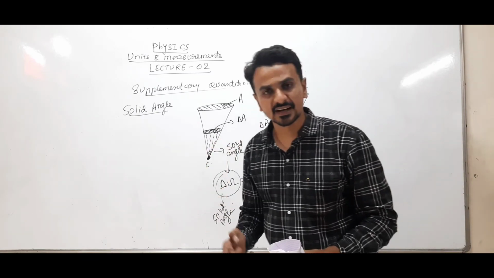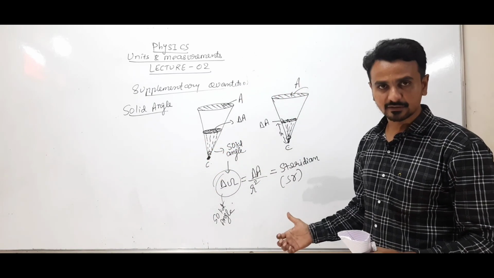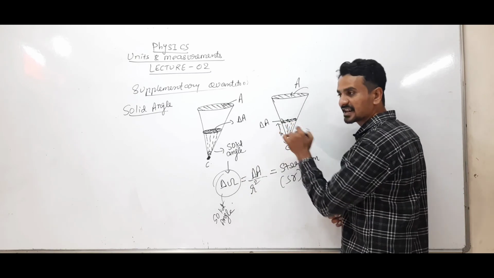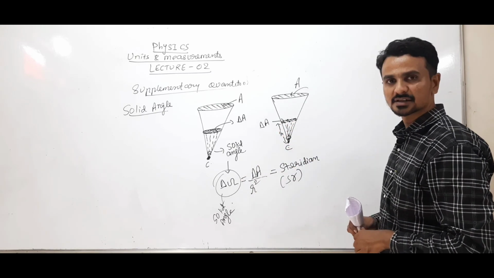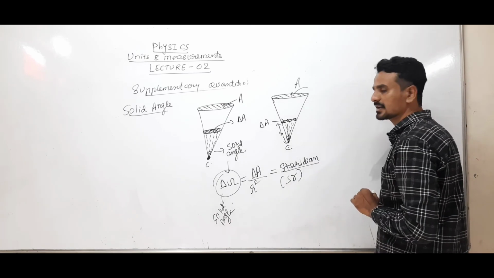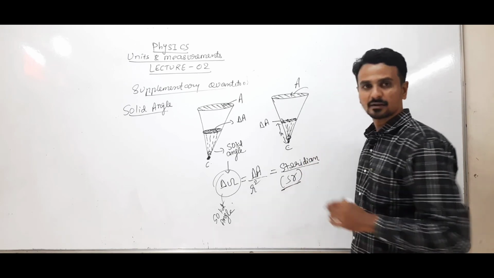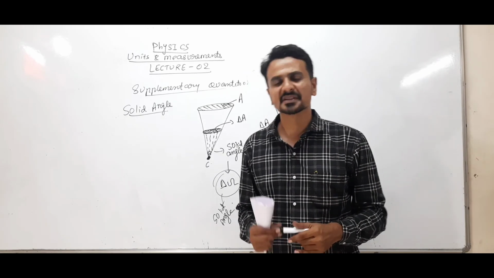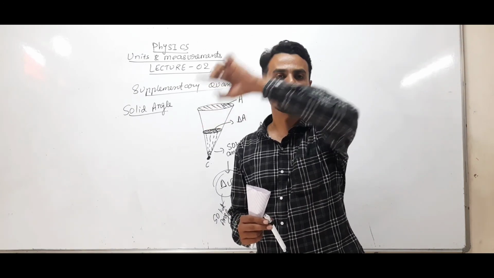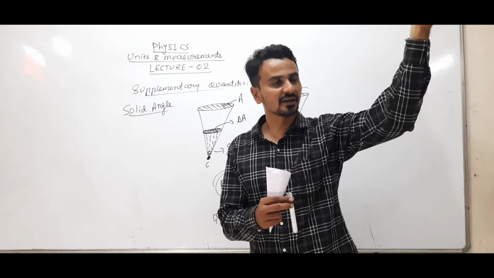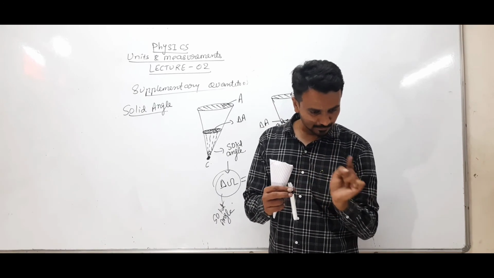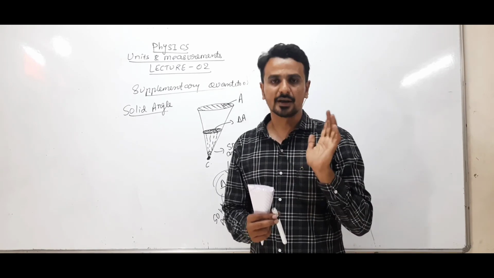This is the definition of solid angle. Just as in plane angle we had seen that angle is arc by radius, in this case, solid angle is delta A, the intercepted area, upon r square, that means radius. Clear? The unit of solid angle is steradian, symbol is SR. But a better way to understand is the example of a parachute, where each and every string joins here at this place. So this angle which is made is known as solid angle.